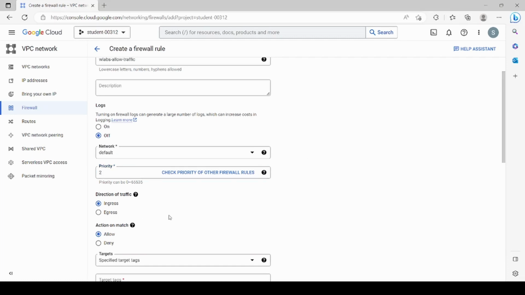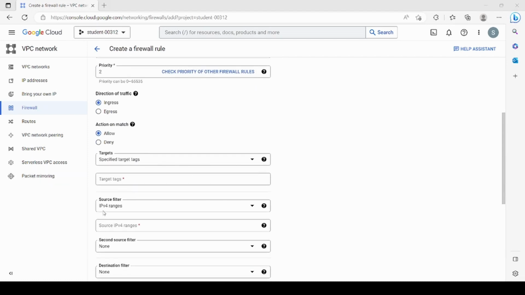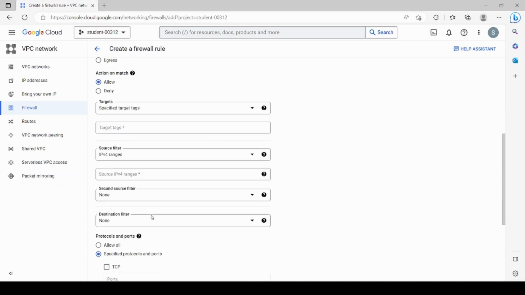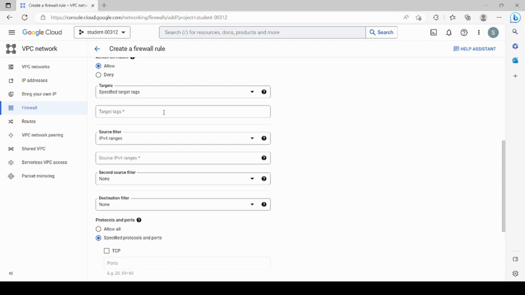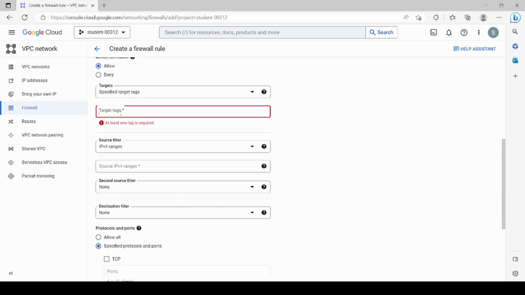and it is ingress, then it is allow, then the targets, specific targets. We have set specific targets and allow traffic and the target tags. So let's see where is target tags. So we mentioned as allow traffic,